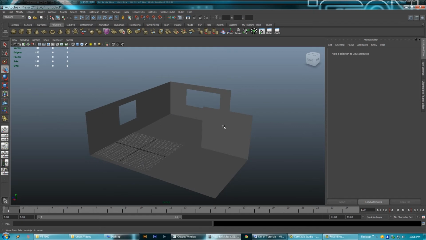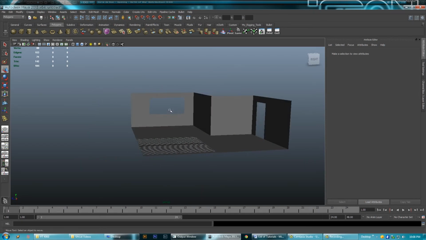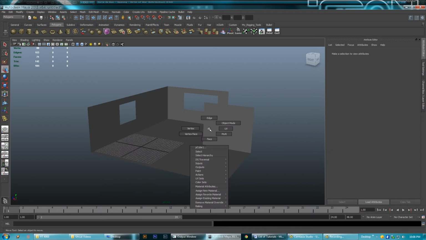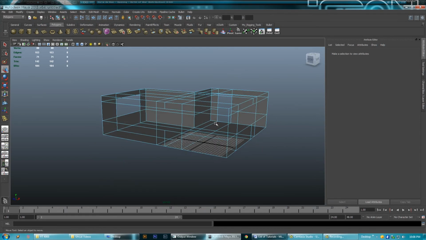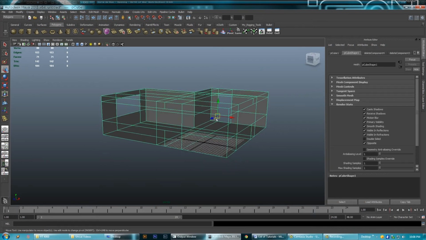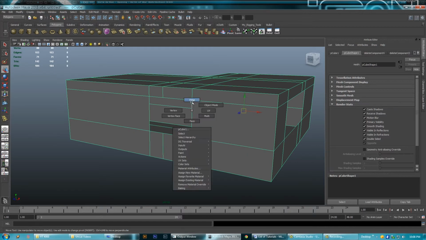Well, you might say that if you do it like this, you don't have the thickness on the doors and the windows like you should. Well, there's a way to address that. If we go to edges, I'm going to actually go back to my object mode and turn double-sided back on so it's easier to see my edges from the exterior. Go to my edges, select my edges,